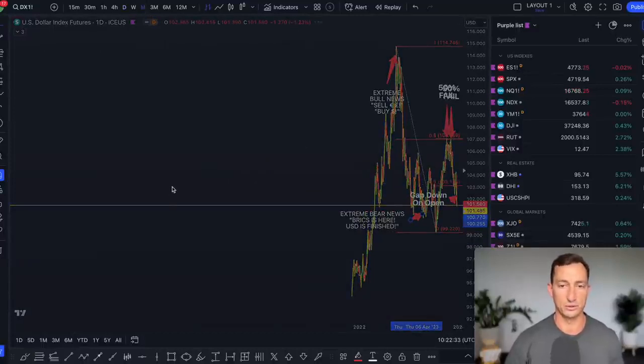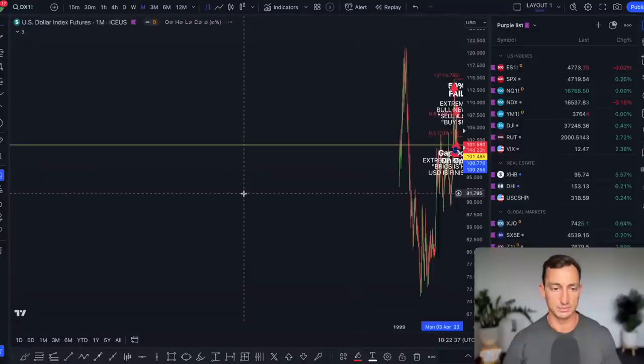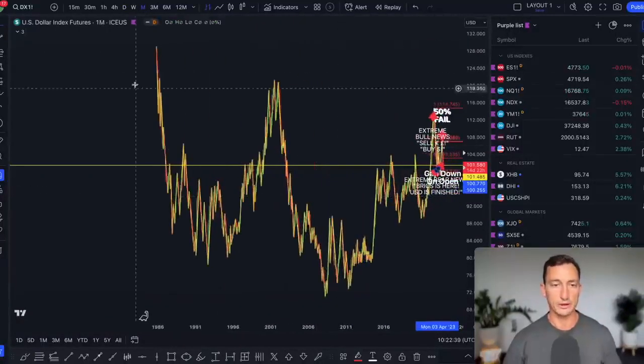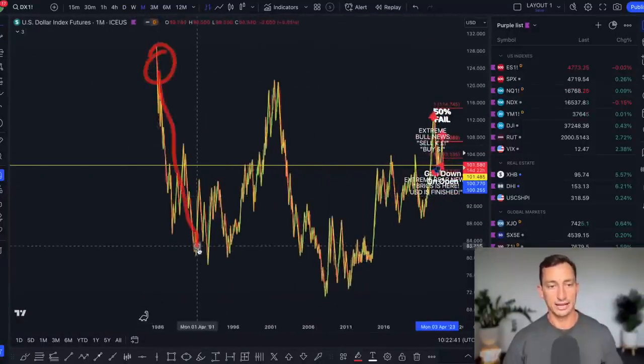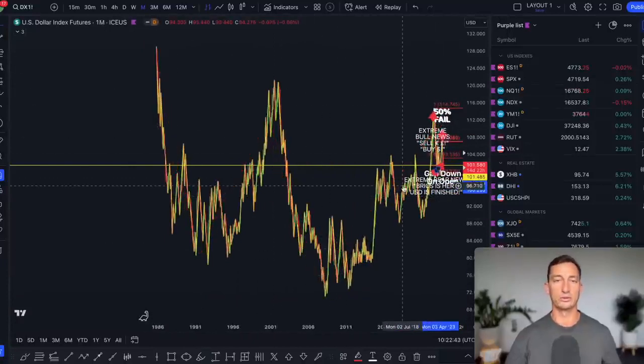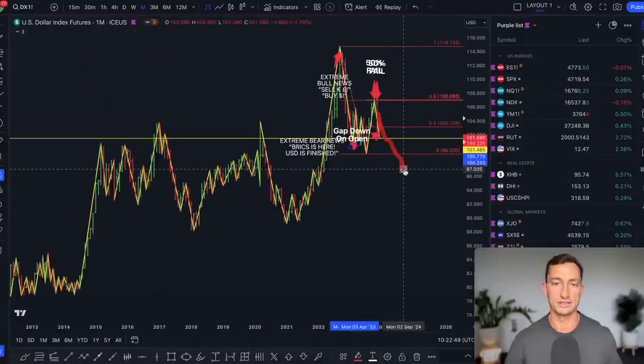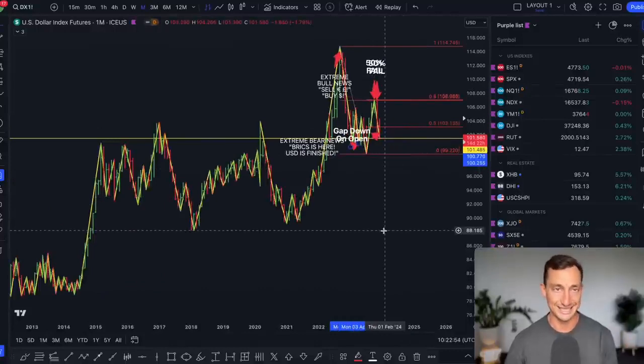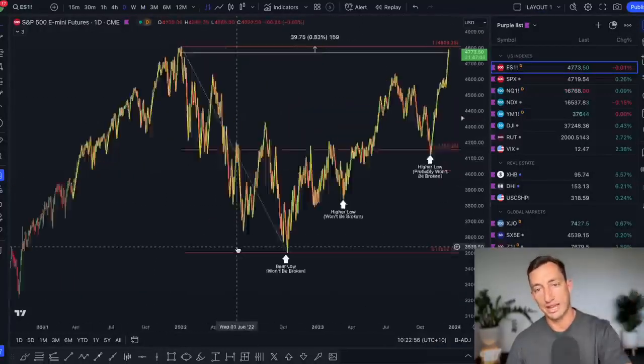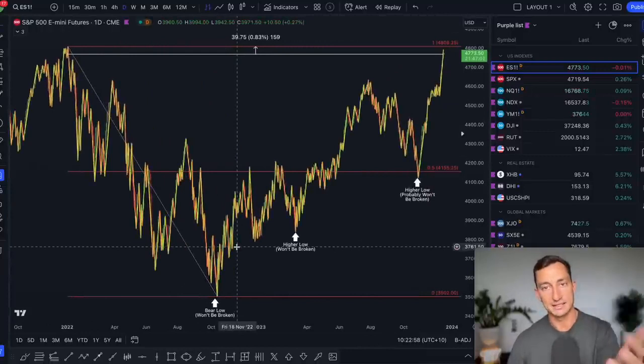We've gone back throughout the entire history of the US dollar as my chart begins to load here, going back into the 80s as well. And we get some pretty significant cycles across the course of our 18 to 20 year cycle. Anyway, that's where we currently sit. We're expecting this to continue down over the course of the coming months and years as well. What does that mean? Well, we expect the assets to continue up.